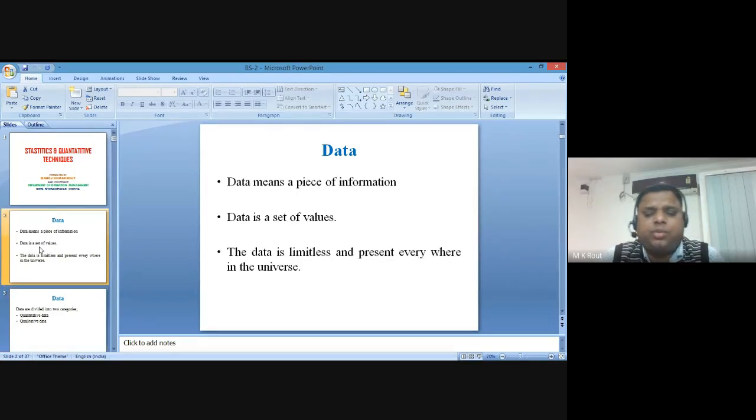Data is a set of values. Suppose you go to a particular location to collect various types of data. Suppose I assign you to collect various types of data, for example, for a population study. In a population study, there are different sets of data available, and those values should be grouped or organized in a particular form. For example, the male-female ratio, age group ratio, employability ratio. These are different sets of values which should be represented in the form of data, or in the form of numbers and digits. I think you got your answer. Yes, sir. Thank you, sir.